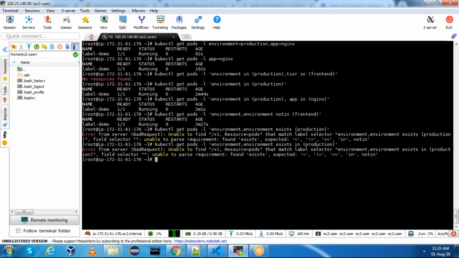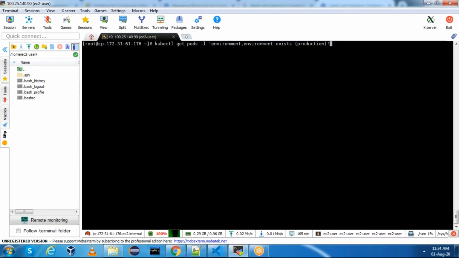Sorry, unable to match the label selector: environment exists in production, field selector unable to find exist, expected equal to. Sorry, this is a wrong use case. I need to use in. Okay, I need to say in. This is working. Okay, we need to change it to other formats. It will work for exists as well. Okay, I hope this is clear.